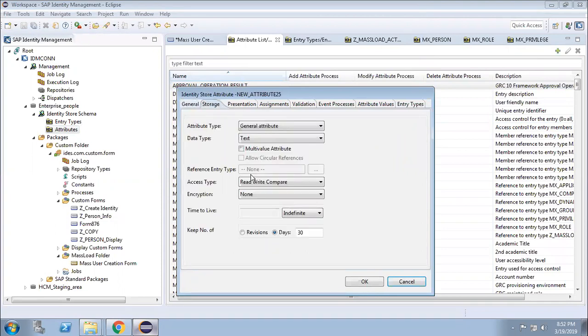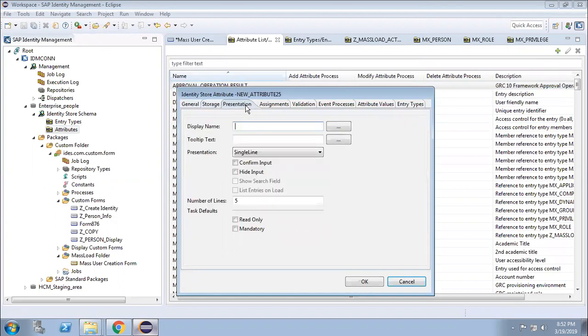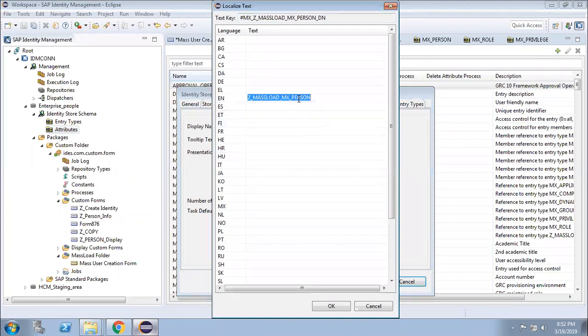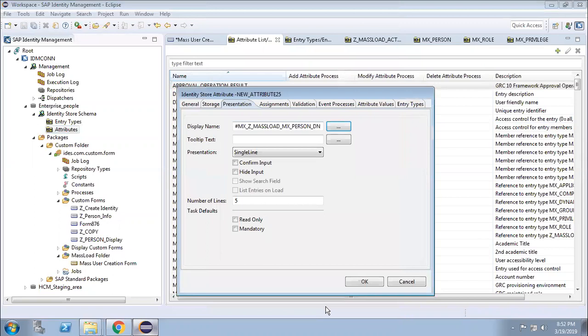Storage area will be the default. For the presentation layer, I will give the display name as upload user creation file, to be more specific, .csv file, because the file has to be a CSV file.